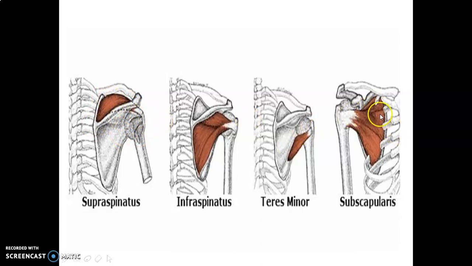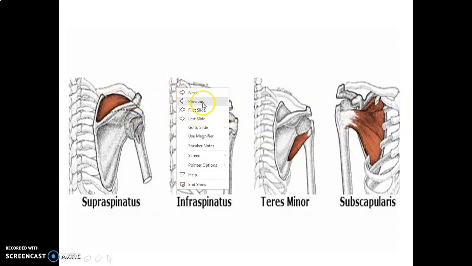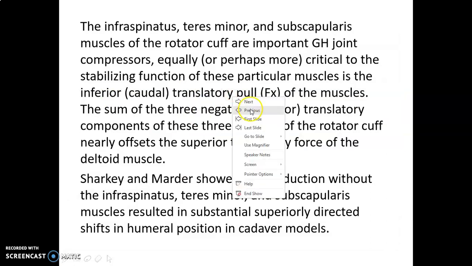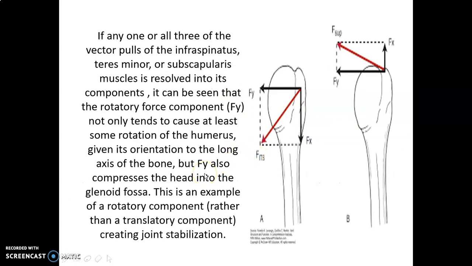But all the three muscles, especially subscapularis, which is covering the whole scapular area, the magnitude of the pull is always downwards. So these three together are pulling the humeral head in a downward direction. The supraspinatus muscle is pulling it in an upward direction. So that is what I just showed you in figure 2. Again, coming back to the earlier one.